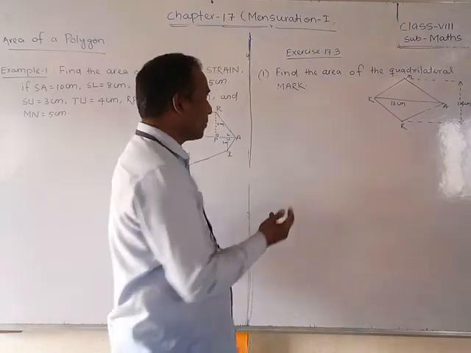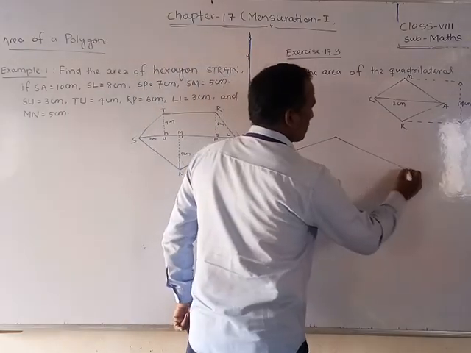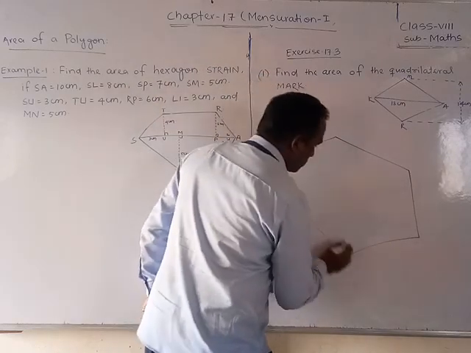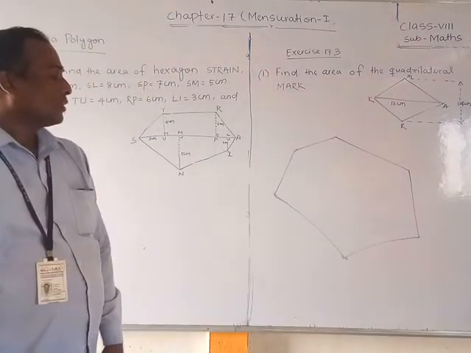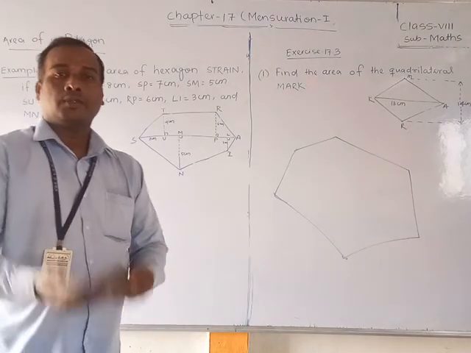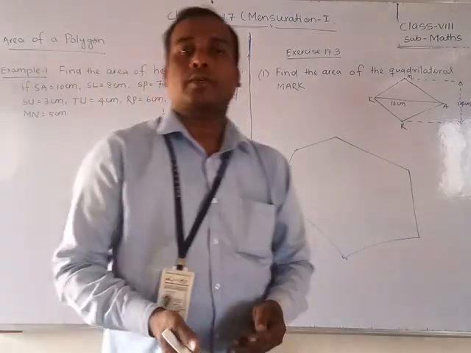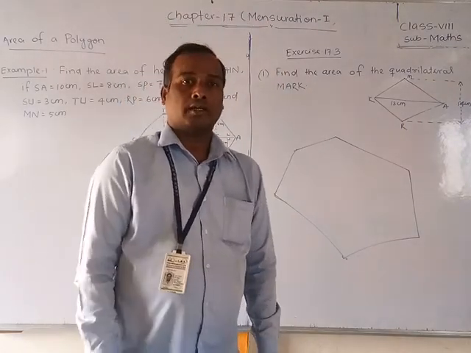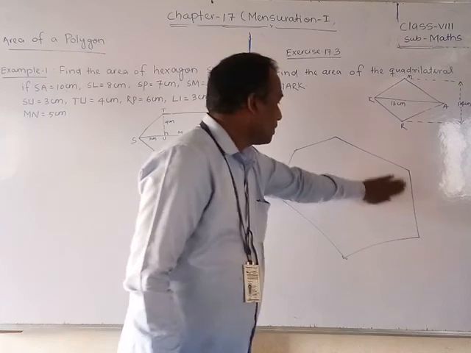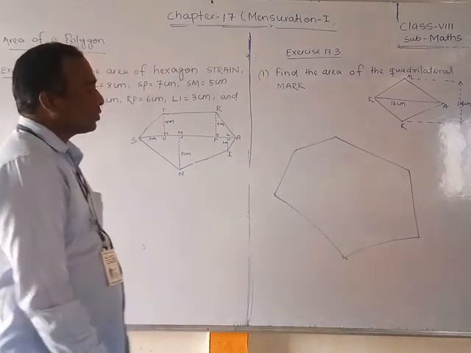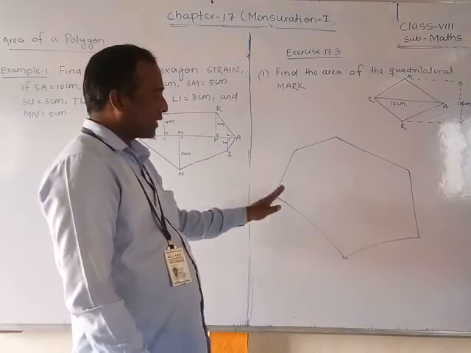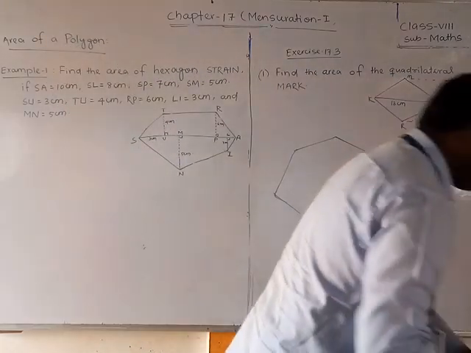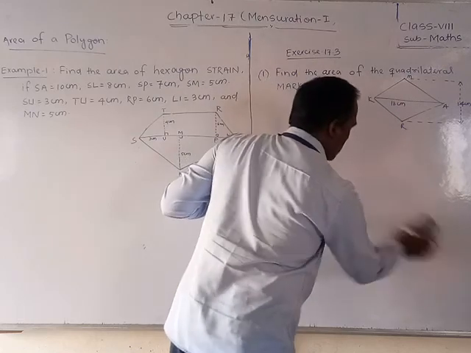Suppose a figure like this is there, how should we find its area? There is no regular way, like a regular pentagon. It is not a square, not a triangle, not a circle, not any quadrilateral or other regular polygon. But how should you find the area? Students, remember, I will do it in a slightly different way so you understand easily.